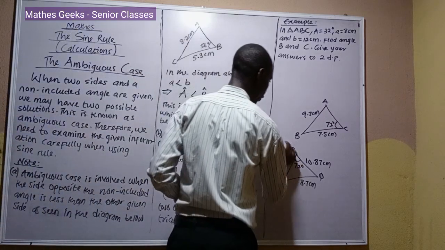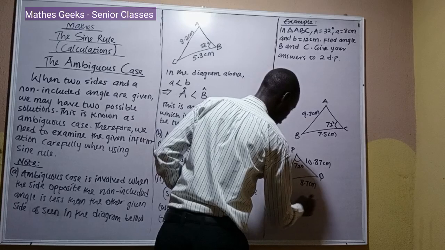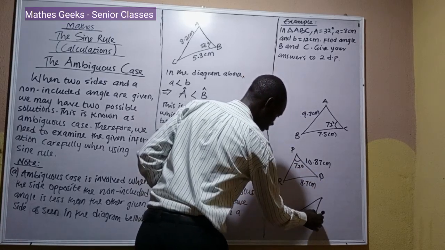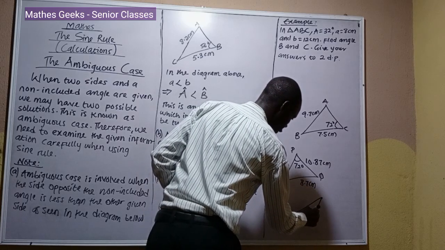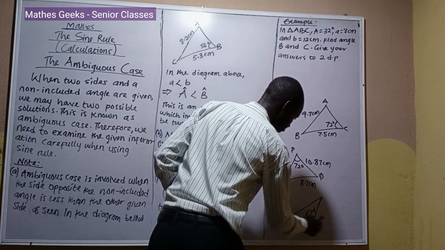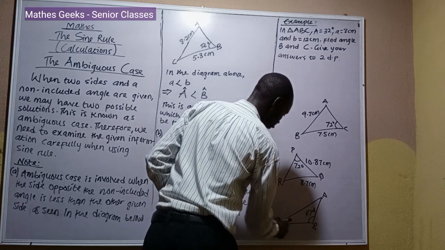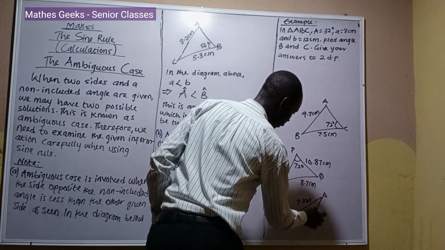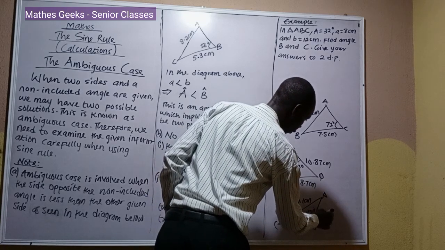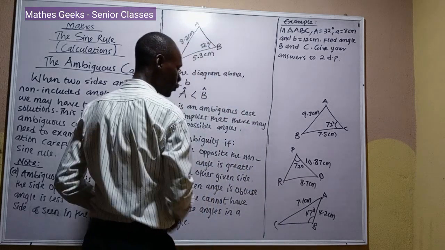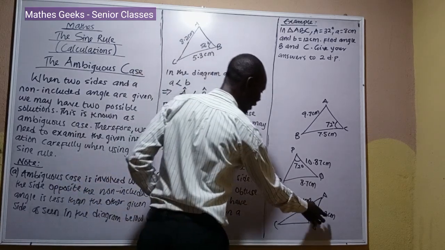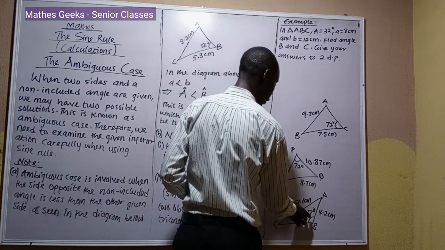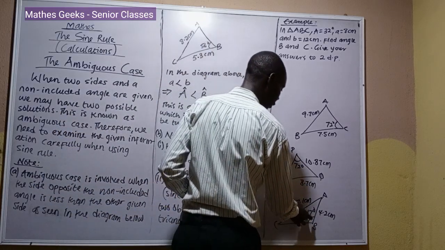So if the given angle is obtuse, let's say one of the angles, B, is 117 degrees. So we have A, and then we have C, and then we have the side. This is 7.1 centimeters, and then we have the non-equated angle to be 4.2 centimeters. So even though the side facing the non-equated angle is less than the side facing the equated angle, as long as the given angle here is obtuse, greater than 90 degrees,